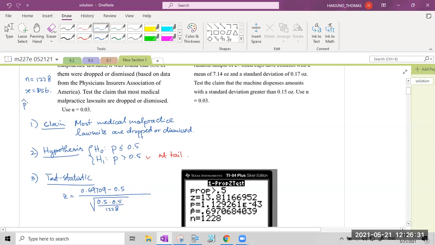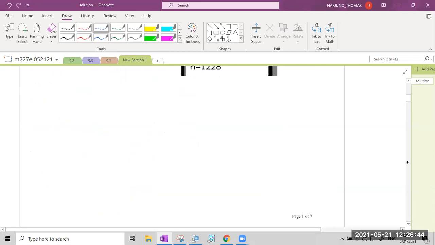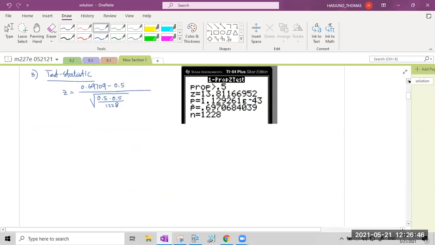My P hat equals 856 over 1,228. That is 0.69707. Okay, this is actually 7, not 9. And that is, the Z score is 13.81167. So step 4, the P value,